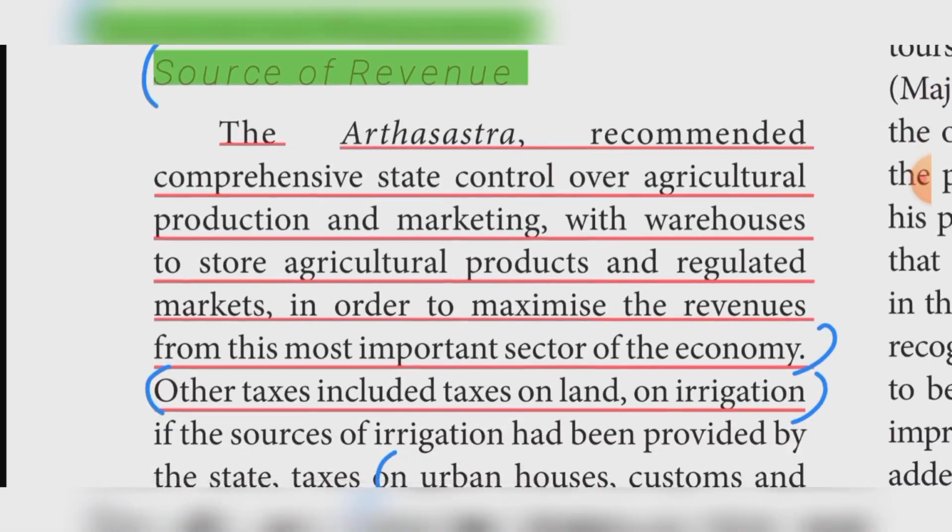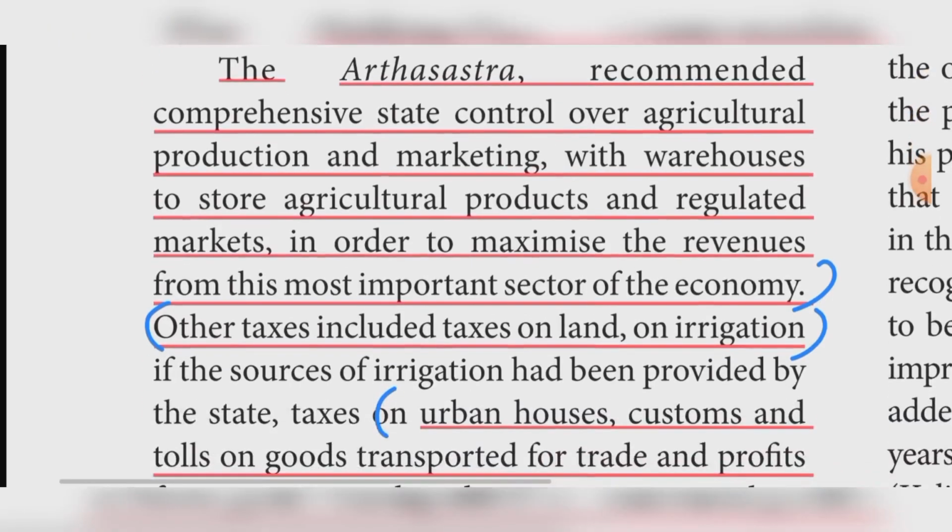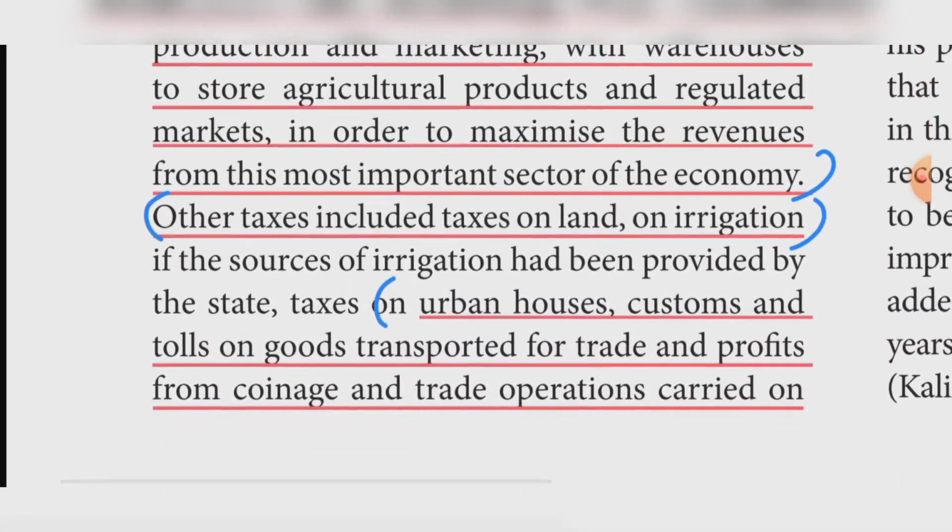The Arthashastra recommended comprehensive state control over agricultural production and marketing, with warehouses to store agricultural products and regulated markets, in order to maximize the revenues from this most important sector of the economy. Other taxes include taxes on land, on irrigation, on urban houses, customs and tolls on goods transported for trade, and profits from coinage and trade operations carried on